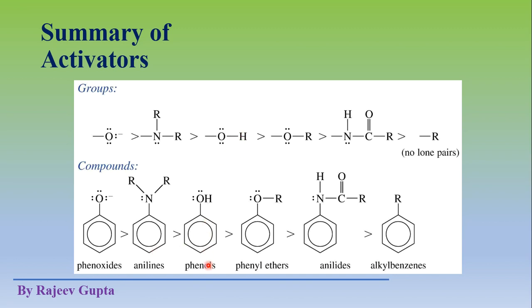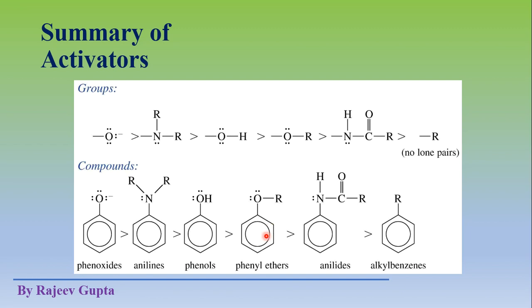Now the example of pure phenol. See what the difference is here. In phenol, the electrons of the lone pair of the oxygen atom go into the ring. But in this case, it is a negatively charged moiety, where the electrons of the OH bond go to the ring. So it is more reactive, because this negatively charged portion, or these extra available electrons, easily move to this side. So phenol is somewhat less reactive than phenoxide ion, its conjugate base.